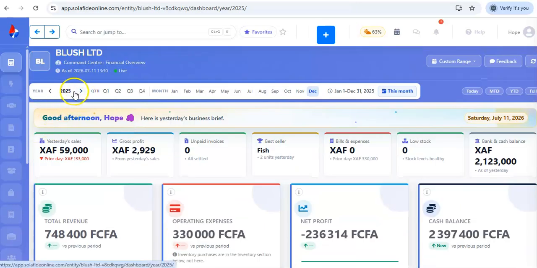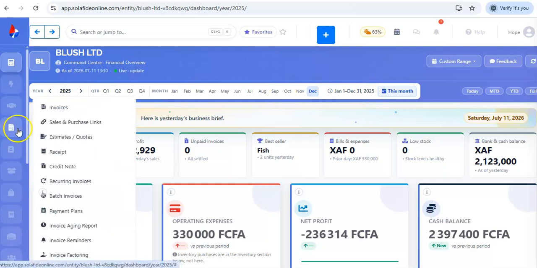So if you want to check a particular year, here is to check a year ahead and here is to check a year before. Then here has to do with quarters: the first quarter, second quarter, third and fourth. Then here, if you want to specify within a particular month, or set a date, like maybe within a week, you can do that here. Alright, so we're going to look at